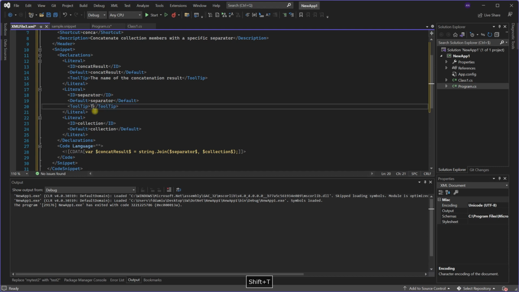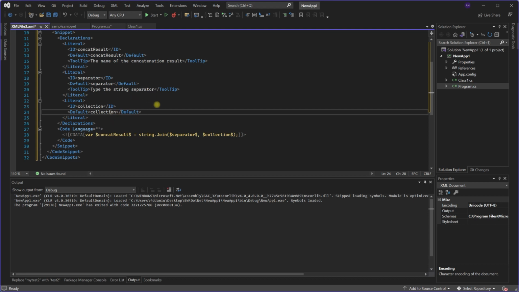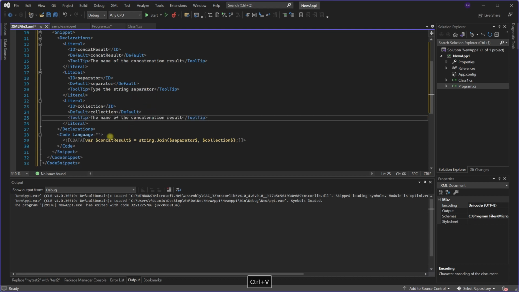I will type the string separator, and for the collection also, in the tooltip I will add the collection of strings as an array. Okay,